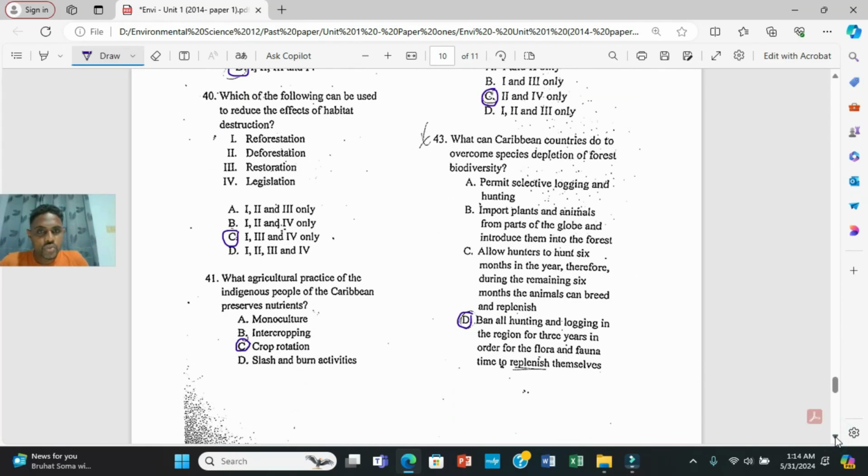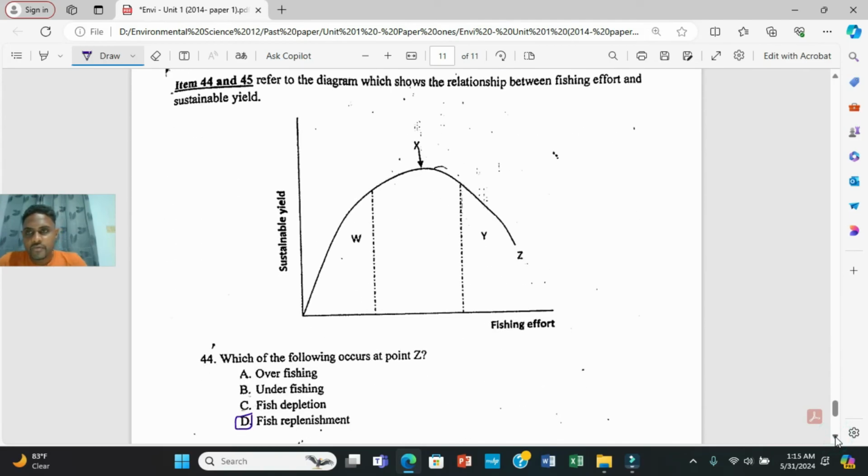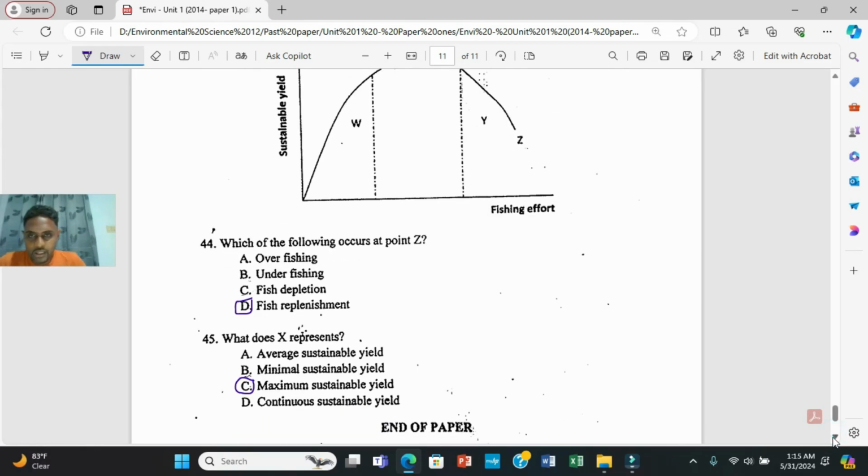What can Caribbean countries do to overcome species depletion of forest biodiversity? The best answer would be D, ban all hunting and logging in the area for 3 years in order for the flora and fauna time to replenish themselves. 44 and 45 refer to the diagram, which shows the relationship between fishing effort and sustainable yield. Number 44, which of the following occurs at point Z, which is here? My best answer is D, fish replenishment. And